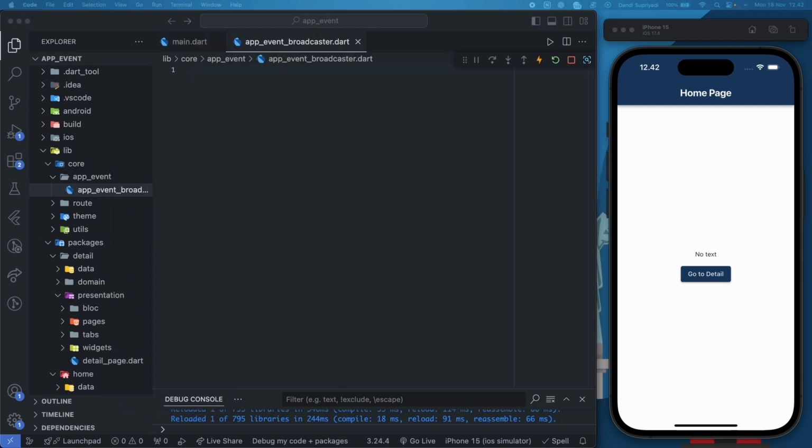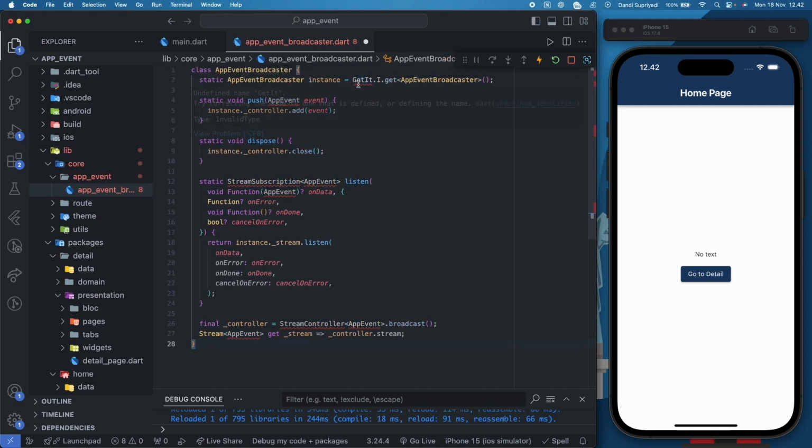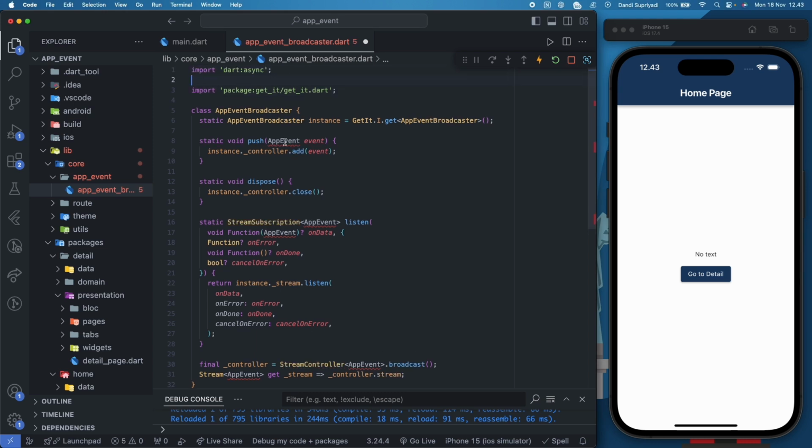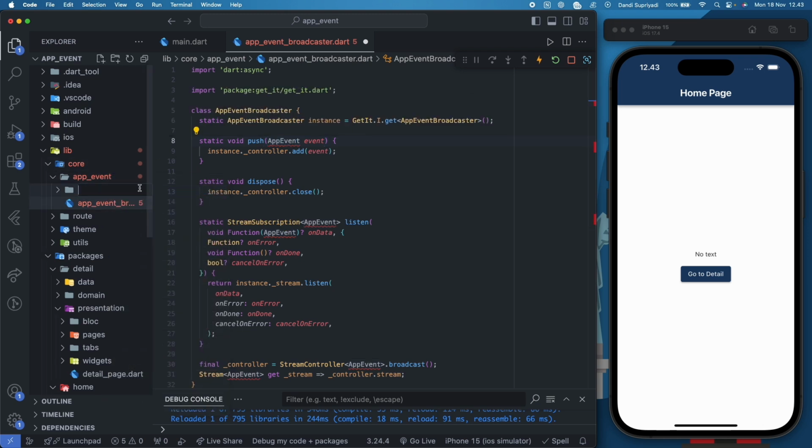In this app event broadcaster, we will have this class. We'll import GetIt, and we will import Dart async for this one, and we will create an app event class in here.